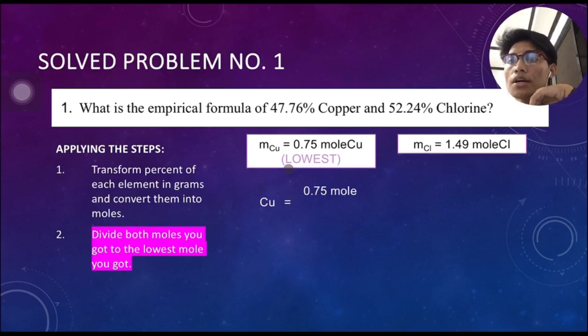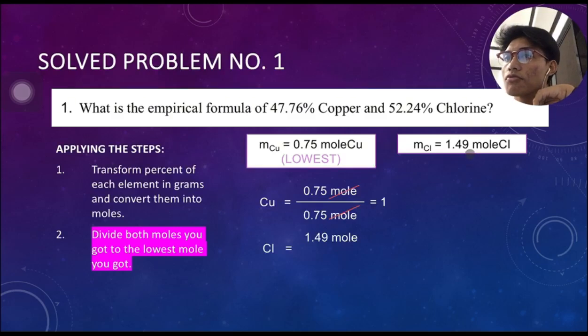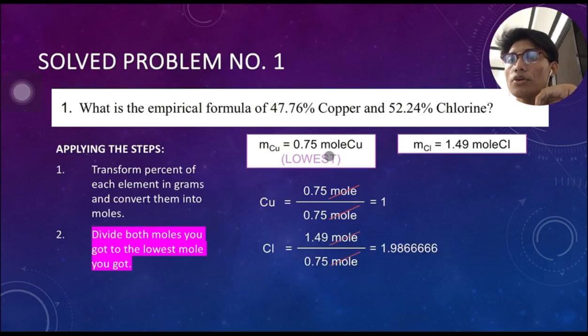So, for the copper, 0.75 mole divided by, what is the lowest? Of course, 0.75. Then, makakancel ang mole. Then, you will get 1. Okay. Next, we have chlorine. We have 1.49 moles of chlorine divided by 0.75. Cancel ulit ng mole. Ang lalabas is